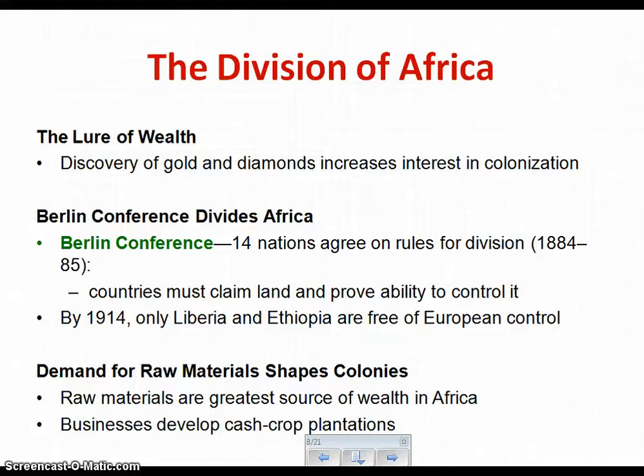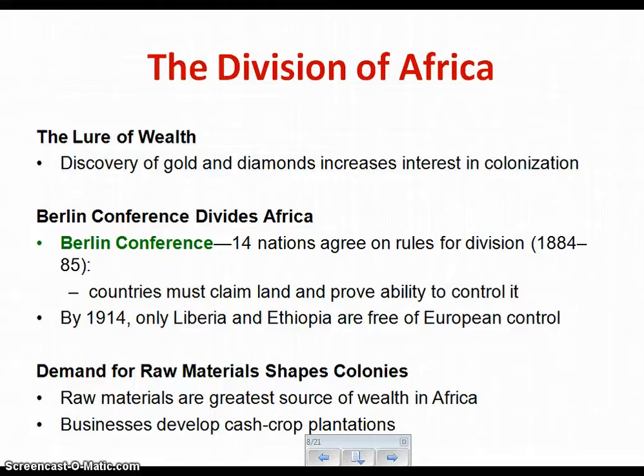Basically, raw materials are exported from Africa to Europe. What Europe thought would be happening is that Africans would end up buying a lot of the materials back from Europe. But this did not happen. The reason they thought this is because in the New World, in America, this is exactly what happened. People would export raw goods, buy them back from Europe, hence making a lot of money. This did not happen in Africa.